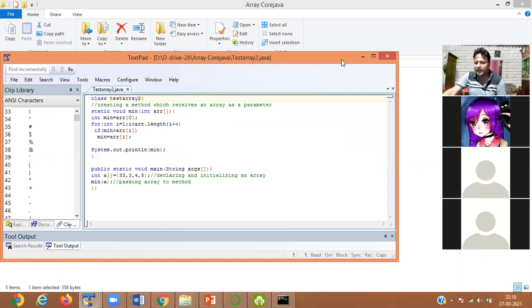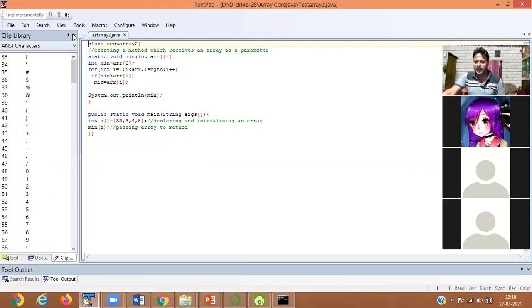Okay, so array with function. You have to pass the array in a user defined function.